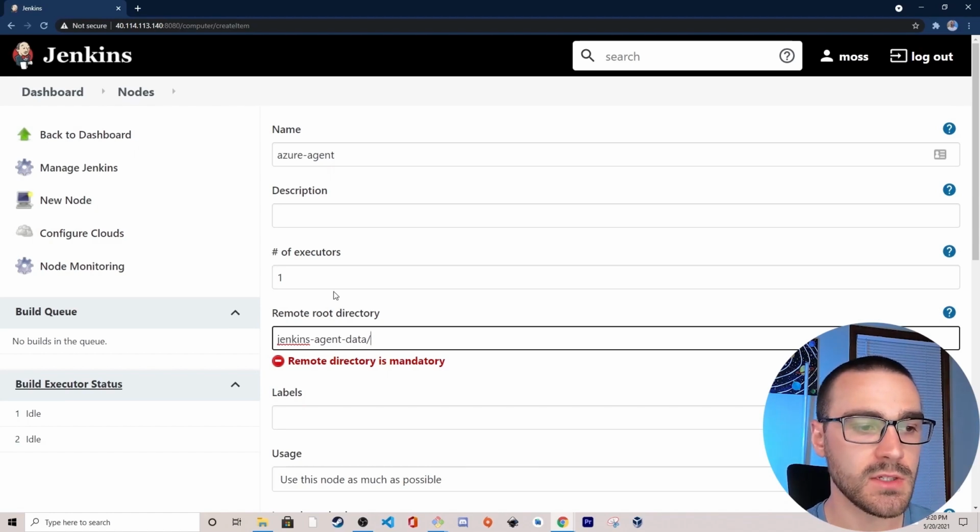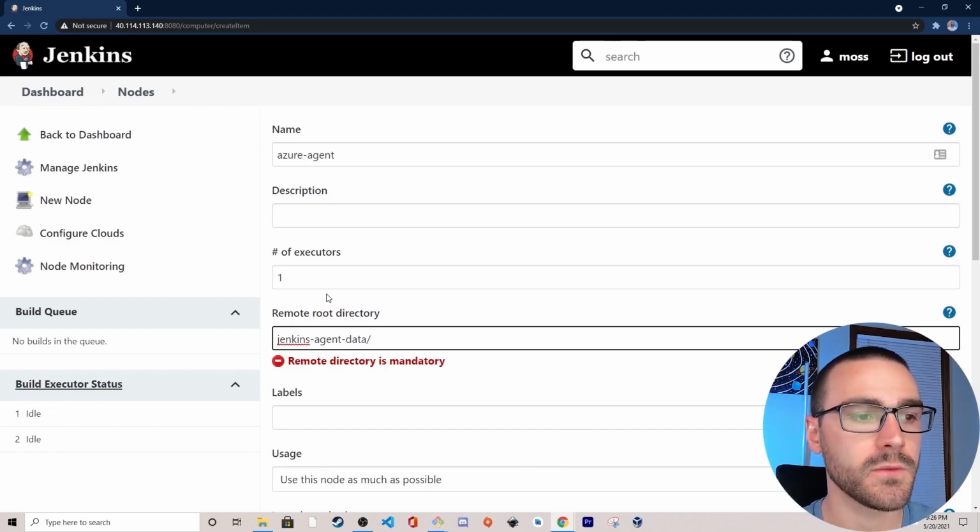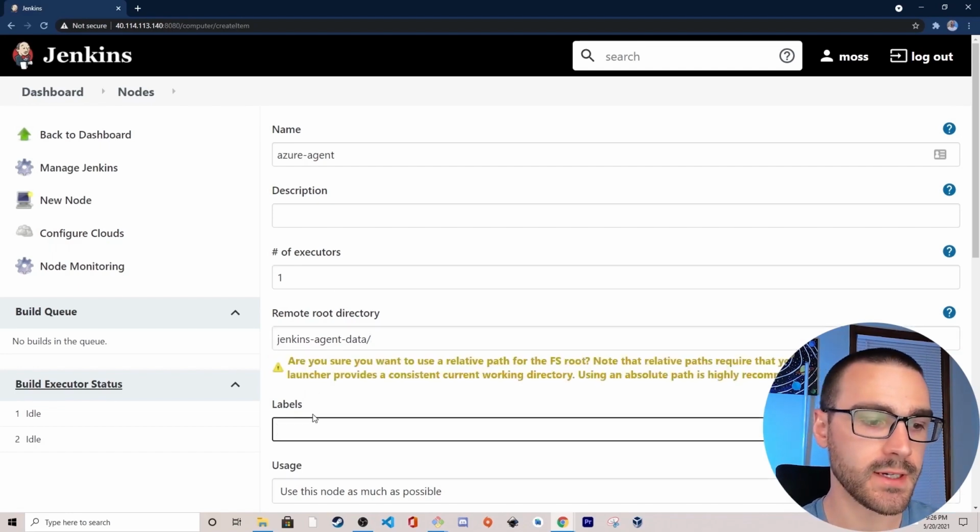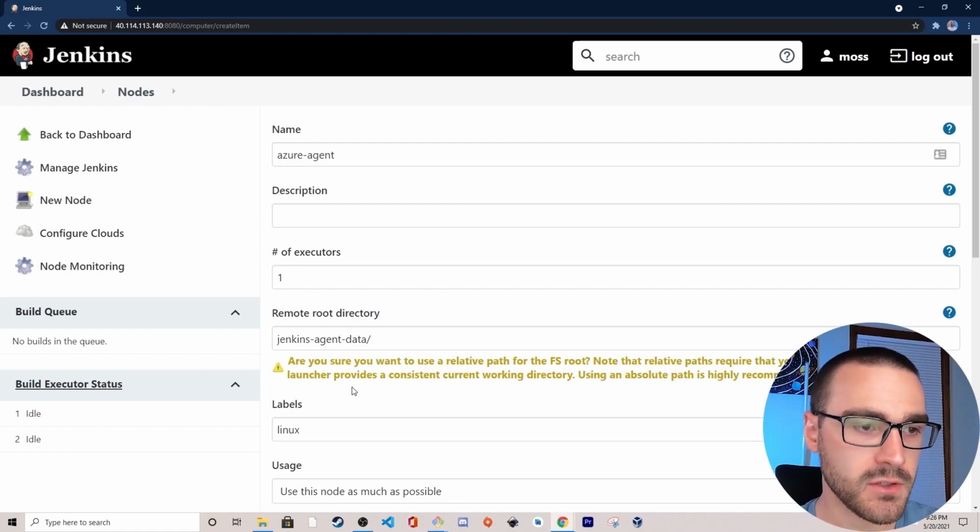The next configuration is very important. It's called labels. And labels are a way of categorizing your Jenkins agents. So for instance, you might have Windows nodes and Linux nodes, and it might be important to have certain jobs only run on the Windows nodes and other jobs run only on the Linux nodes. So for this agent, I'm going to specify a Linux label